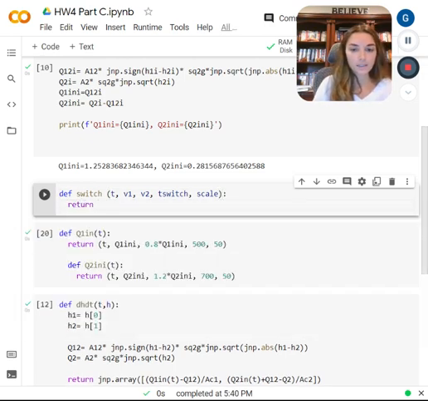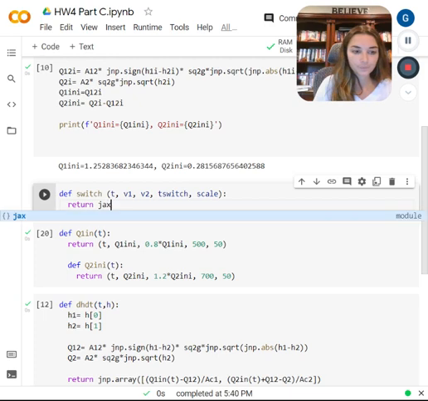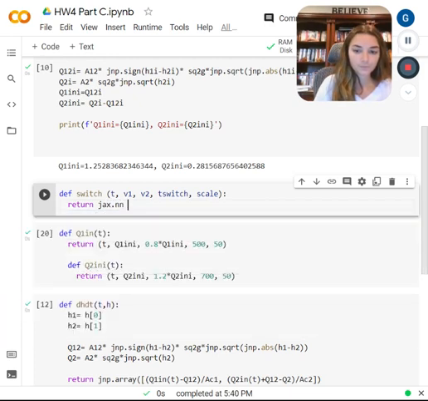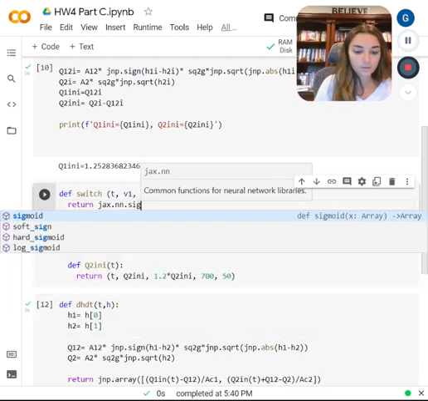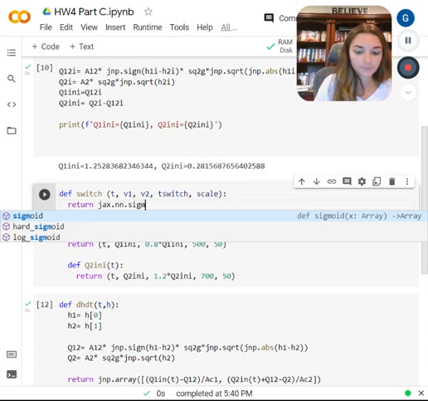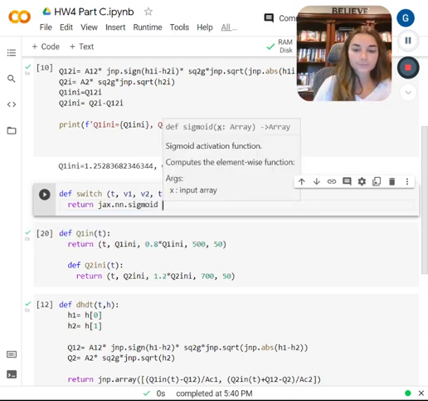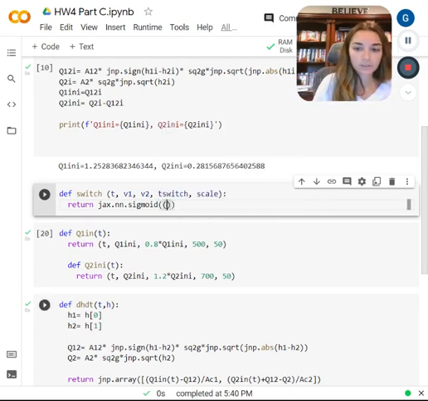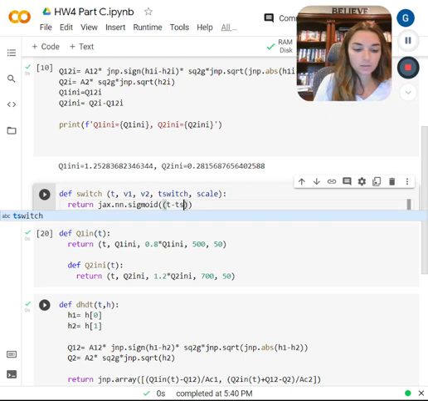And we will return that using the sigmoid function. Sigmoid function T minus T switch